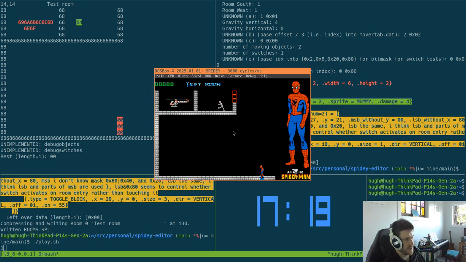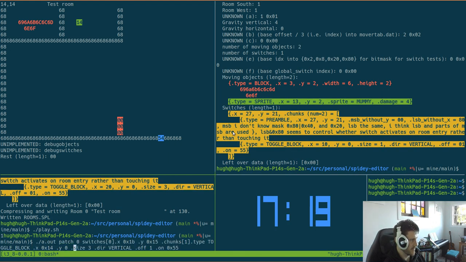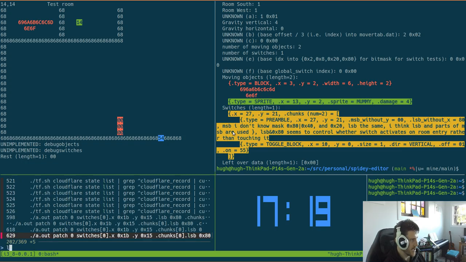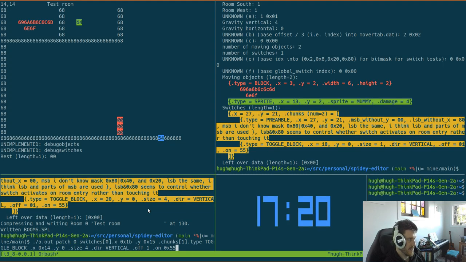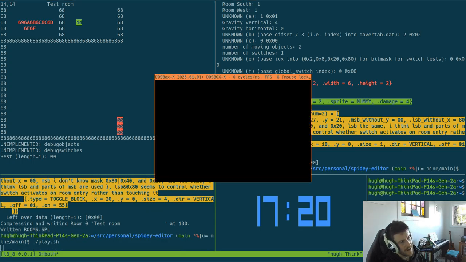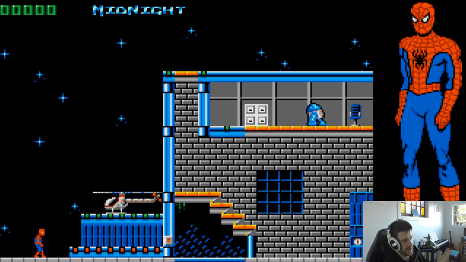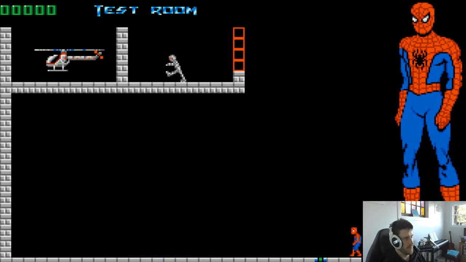And so now if we do that, we actually could do 4. But yeah, so that's switching on and off. Perfect. So we could probably do as a 4, and we could do like LSB 80. What is LSB at the moment? LSB is currently 80, so we could set it to 0, and that will be play. It will activate every time we go in and out of the room. And